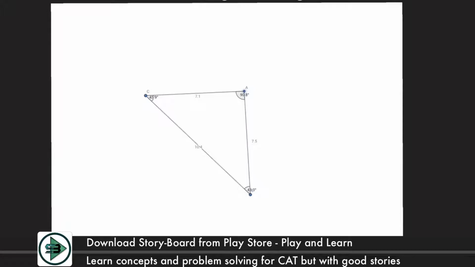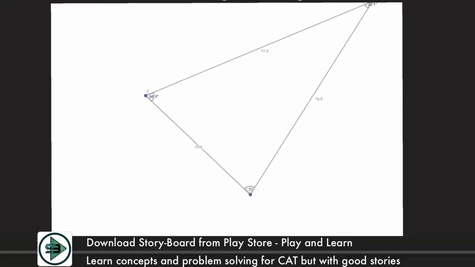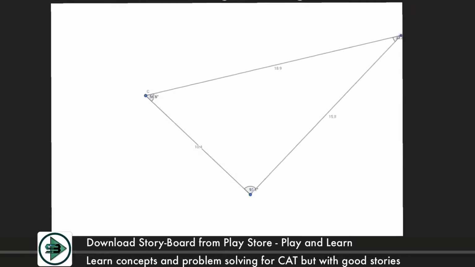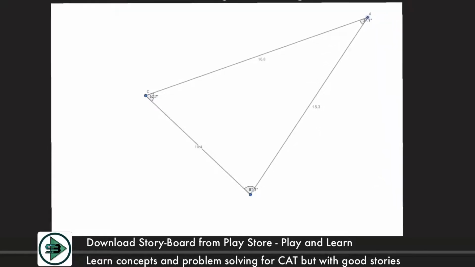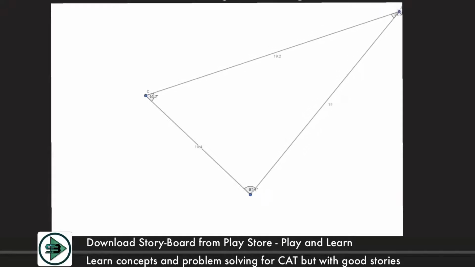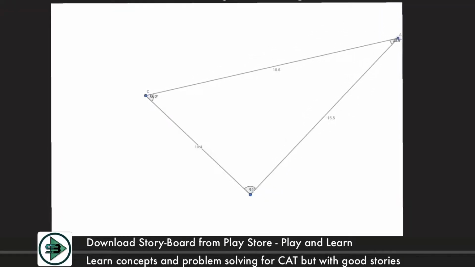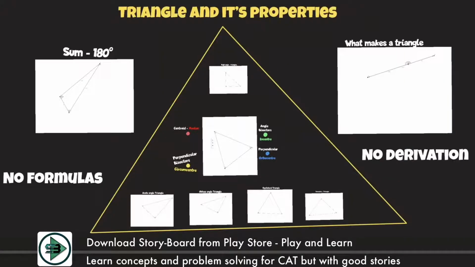But when it becomes equal to 90, it is a right angle triangle. So what is the range of acute? 0 to 90. If it becomes more than 90, it is no longer an acute angle triangle. But if it has a range of 0 to 90 degree, all the triangles that you can see right now, where all the angles are less than 90 degree, are examples of an acute angle triangle. So remember the range of an acute angle triangle. Visually it has proved that the range is from 0 to 90.